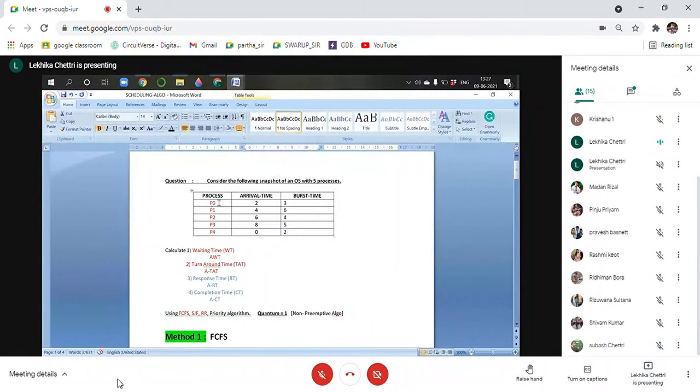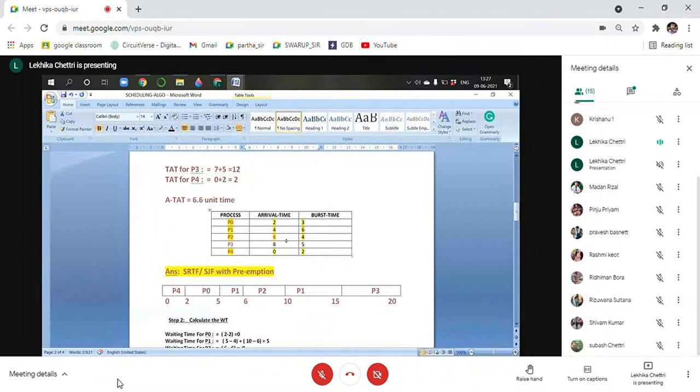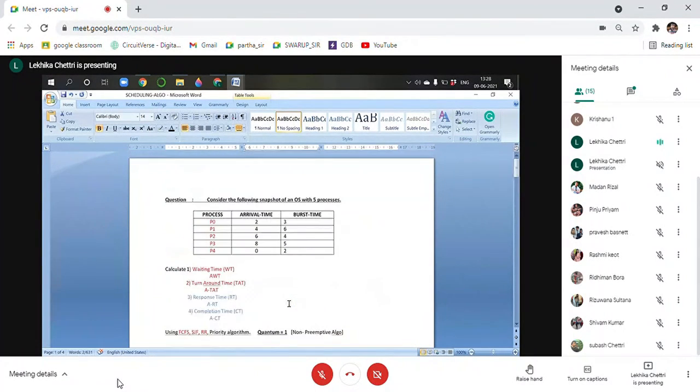Sometimes, not in competitive exams, because those are lengthy, but for a university exam, how can we ask a question? One way is to directly find either waiting time, turnaround time, response time, or completion time. Second type: a big question for 15 marks asked to calculate all of this, or a small question of 5 marks to calculate average waiting time. Just to make you confused, it may directly ask to calculate turnaround time, which means you have to find waiting time.